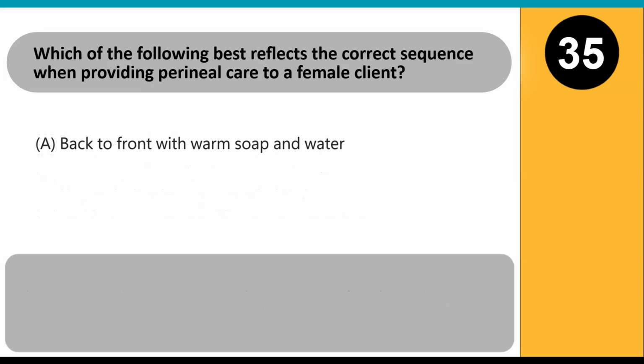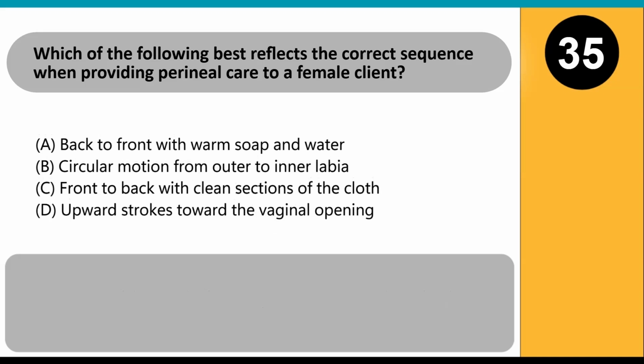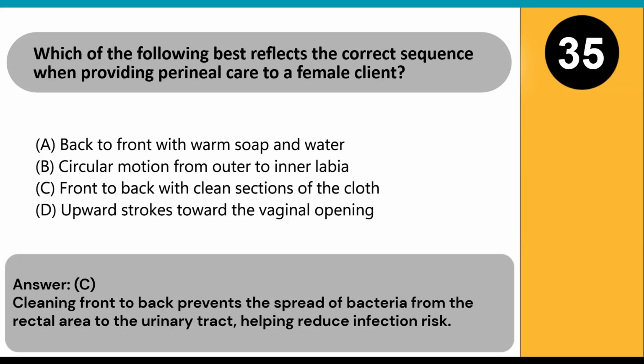Which of the following best reflects the correct sequence when providing perineal care to a female client? A. Back to front with warm soap and water. B. Circular motion from outer to inner labia. C. Front to back with clean sections of the cloth. D. Upward strokes toward the vaginal opening. Answer C. Cleaning front to back prevents the spread of bacteria from the rectal area to the urinary tract, helping